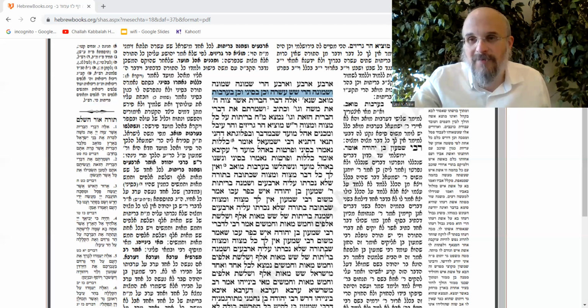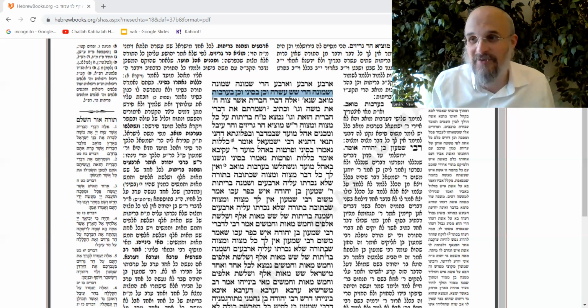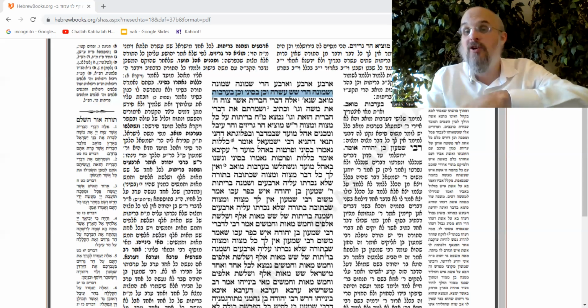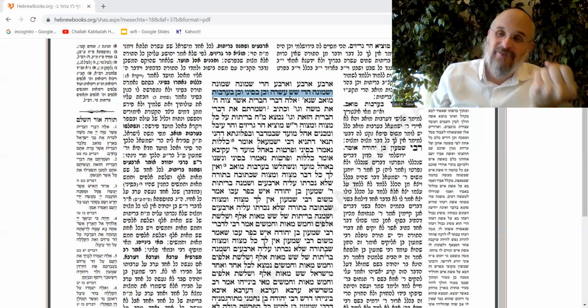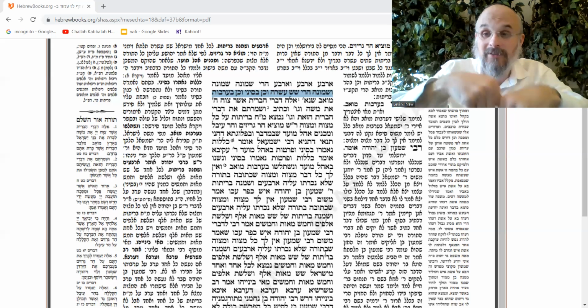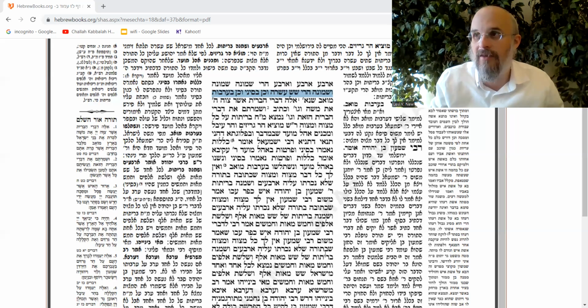curses. Because no matter what kind of mitzvah it is, or what element of mitzvah it is, you always have both the element of love, I want to attach to you, and the element of fear, I don't want to detach from you. The blessing and the curse. Whether it's a positive commandment and therefore the love is dominant, or whether it's a negative commandment and therefore the fear is dominant, they both work together always, even if one is more dominant than the other.